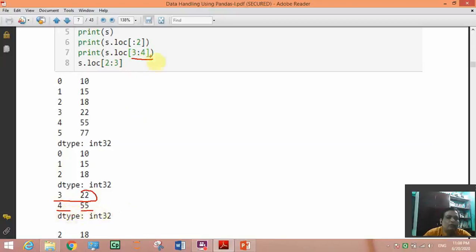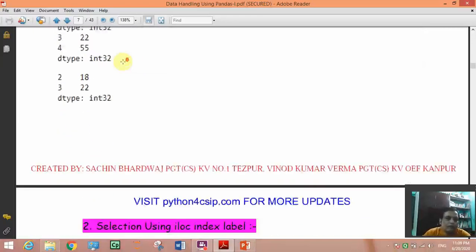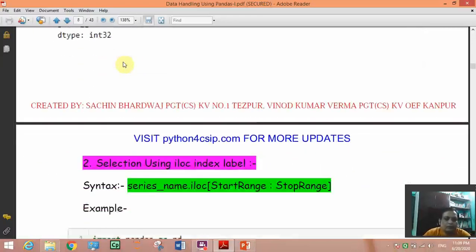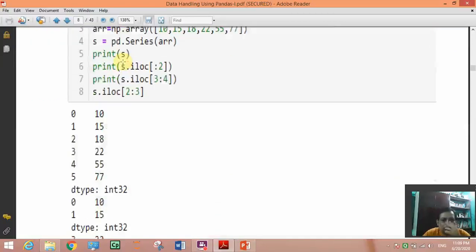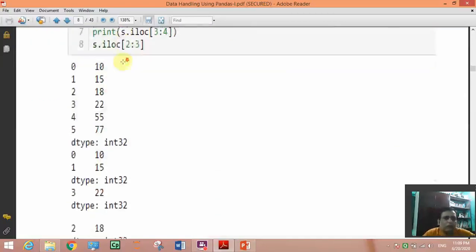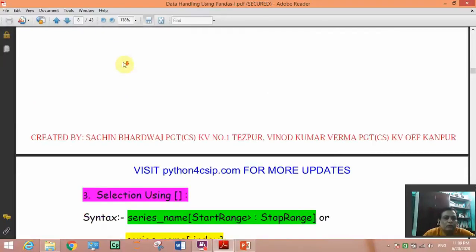So 3 to 4 means only index 3 and 4 are coming in the output. So ILOC is similar to LOC.